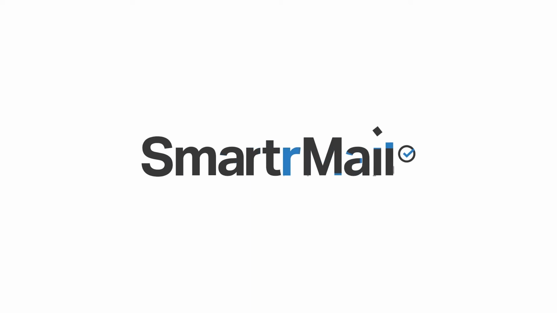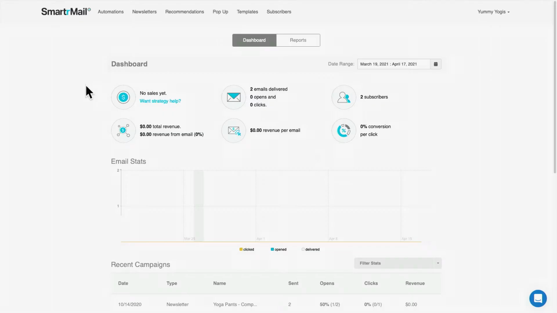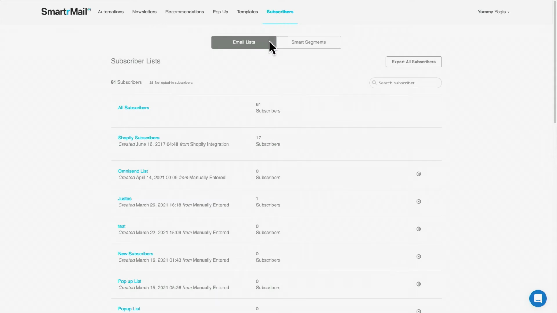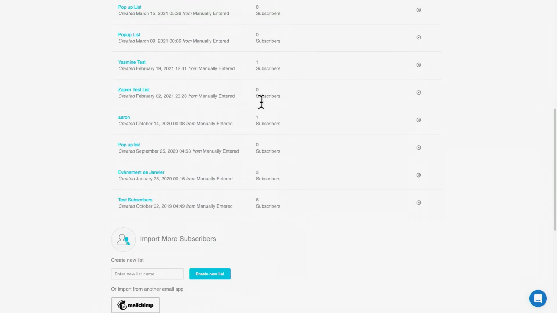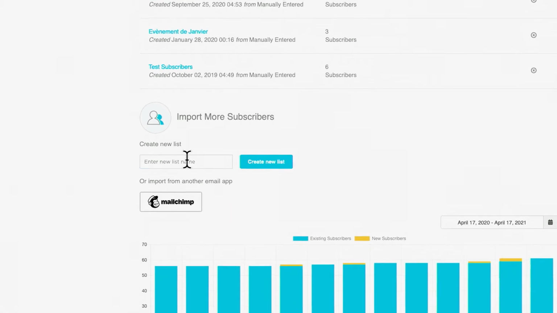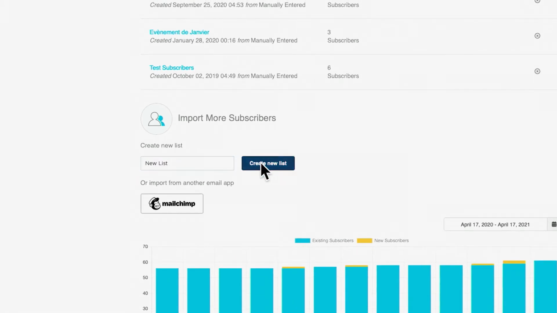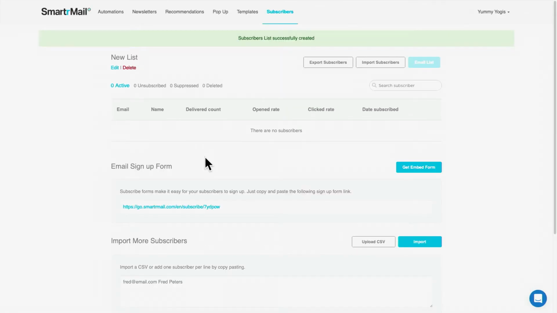Great e-commerce email marketing starts with a clean, up-to-date list of email contacts called subscribers. To create your first list, navigate to the Subscribers tab, then under New List, enter your new list's name and click Create New List. Once your list is created, you'll be able to enter subscribers manually or import them from